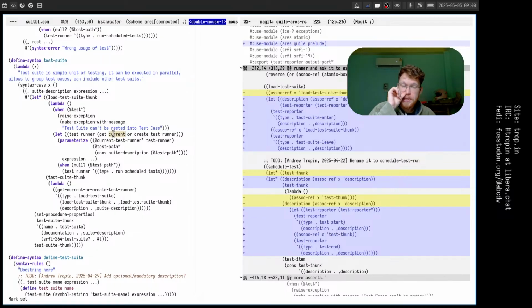we will have a test runner, always have. You know why? Because here we created it. We ensured it here, because our load test suite is definitely executed inside the test runner. So we definitely have it here. And instead of calling get current or create test runner, we can